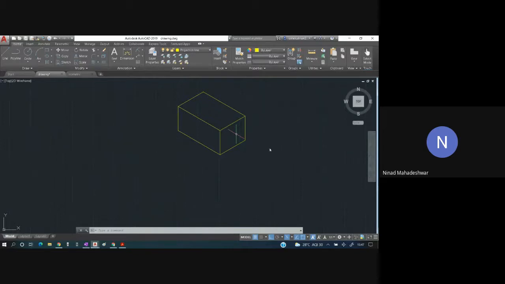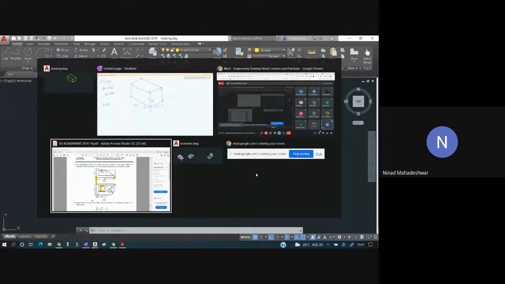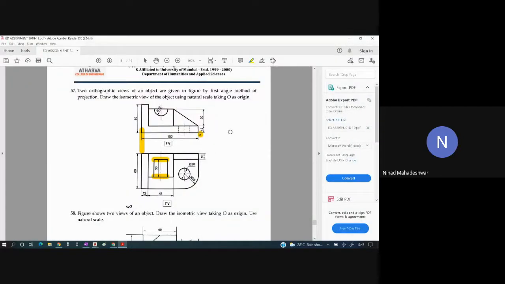Anyways, let us look at this part very carefully. So I have drawn this part. Now what I am going to do over here, I am going to look at the front view. As it is front view, I am going to draw on the left part. From this end, how much will you go towards left? How much is this distance? 100. How many mm will go up? 50. From here, how much is this small distance which can be seen in the top view? 12. From here you will go down.